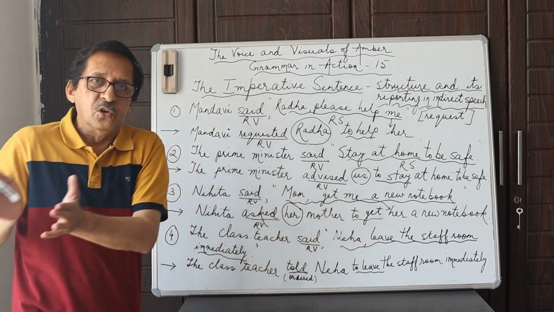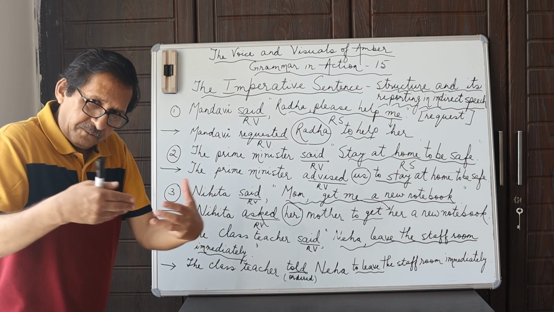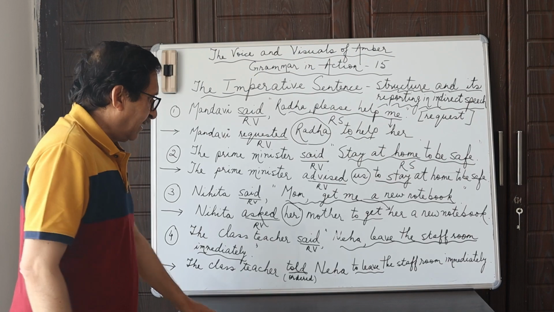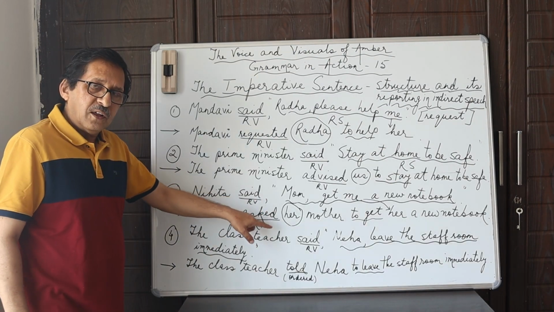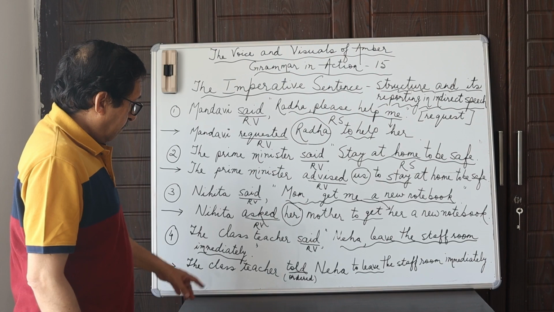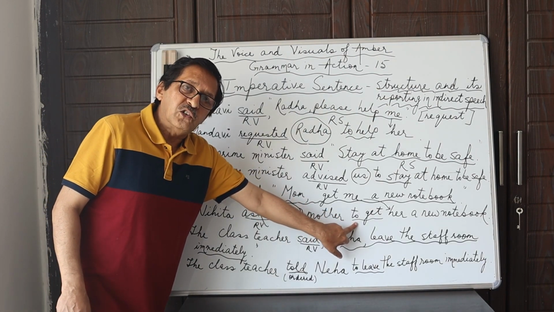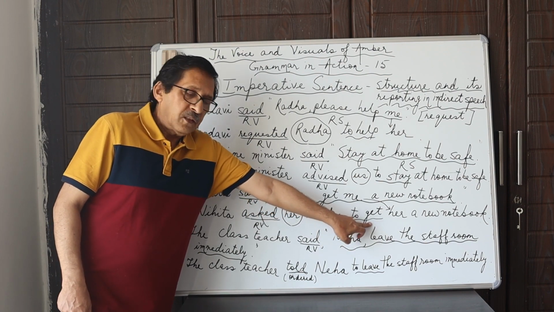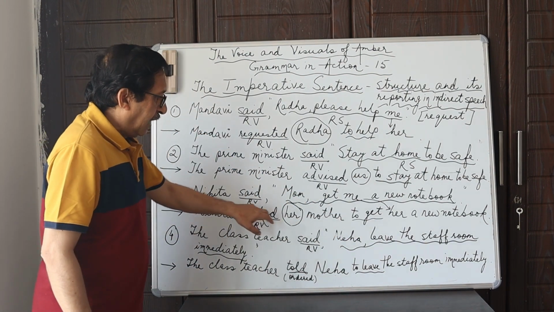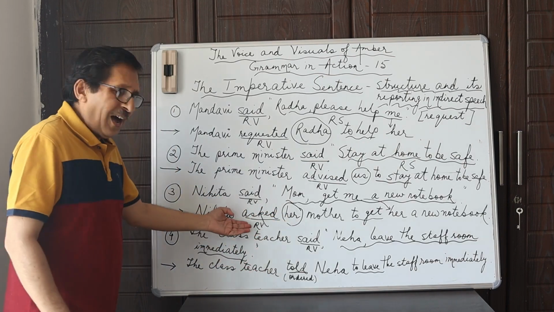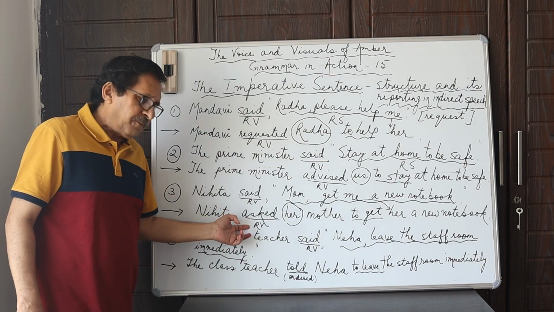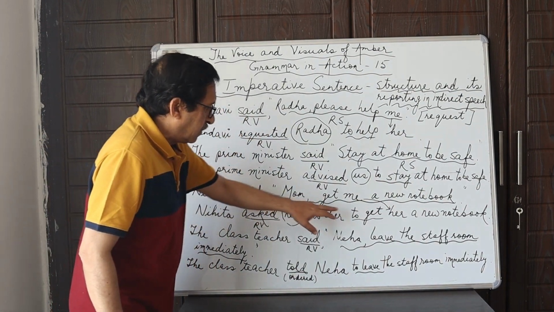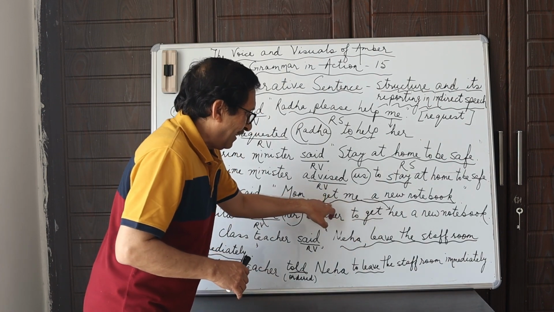So again, "to" and "to" would come very close to one another, and that would make it a somewhat awkward sentence. So we don't use "said to" in imperative sentences, right? Because we have to again follow it with a to-infinitive, that is, "to" plus the verb in the first form. Okay? So Nihita asked her mother, or told her mother, but "asked" seems more polite, doesn't it? So Nihita asked her mother, and we remove the comma and the quote with the infinitive to get her